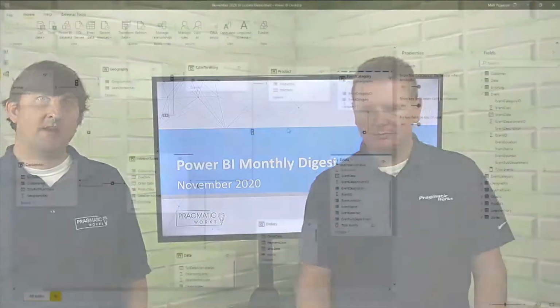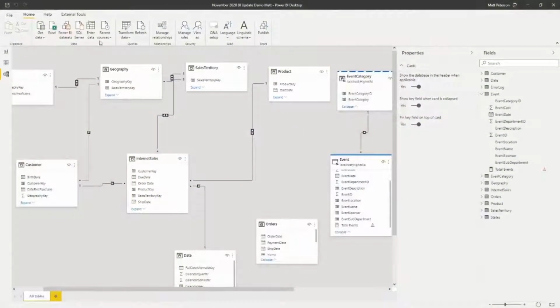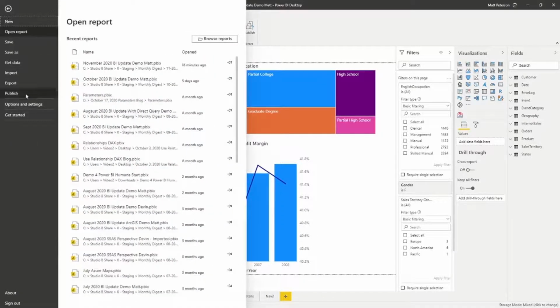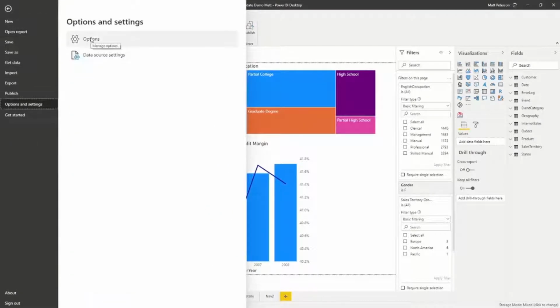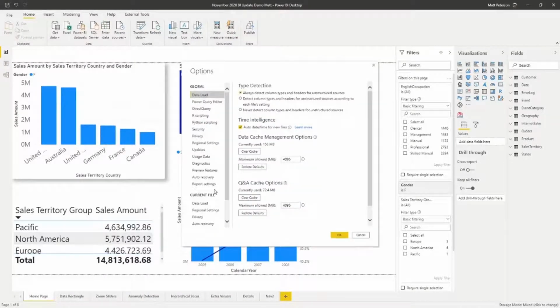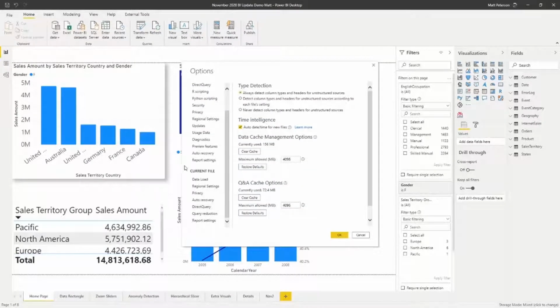You want to remind folks what that looks like? Yeah, let's do that. And actually show you that you have options. Just because it's available does not mean you have to use it. So let's go back to the report view. And if you go to File, we're going to go to Options and Settings. We're going to go to Options. And then where you're going to turn this on, the way that you want to see this is under Current